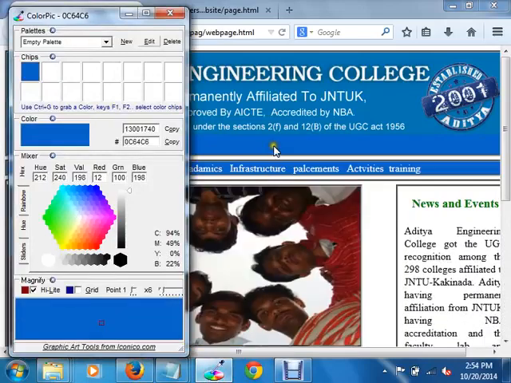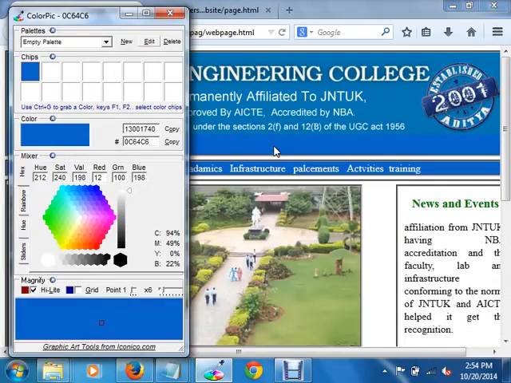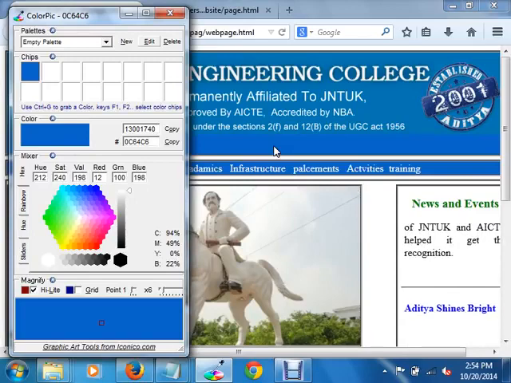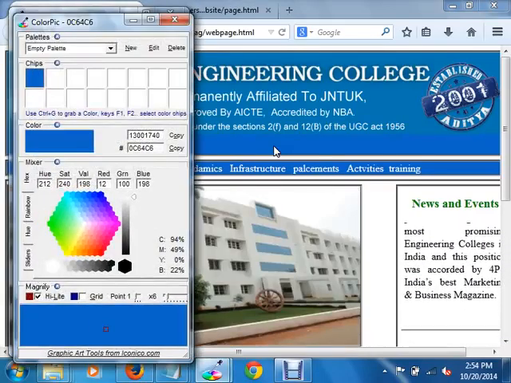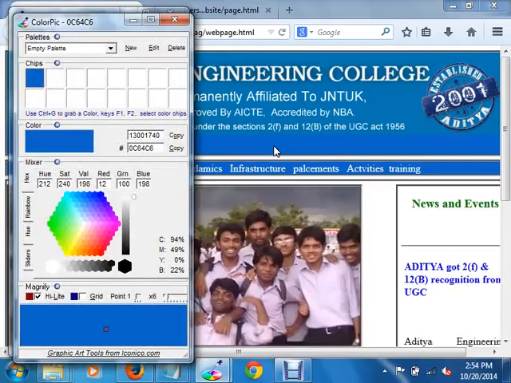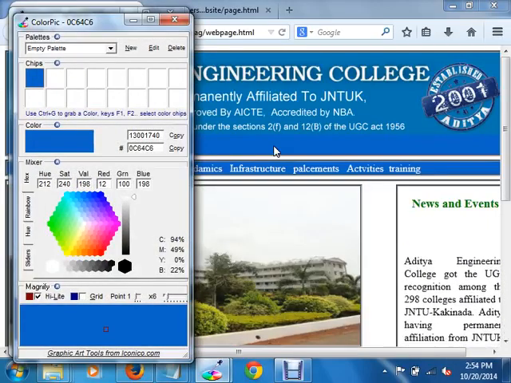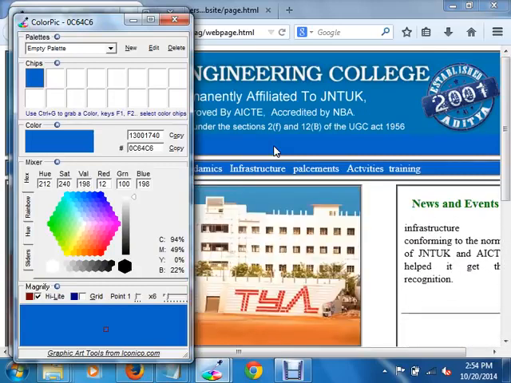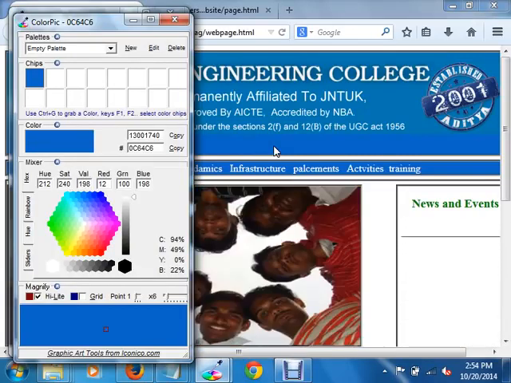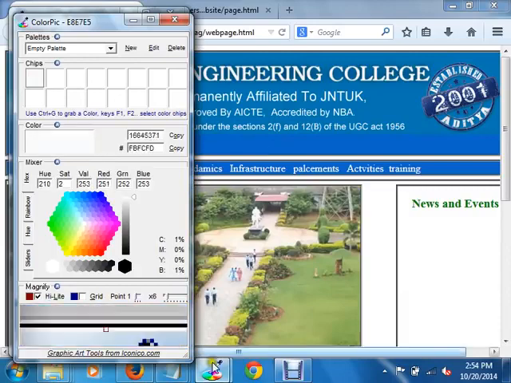If you put the arrow here, it is showing the different HSL values, RGB values and the hexadecimal values for that particular color where the cursor is pointing. Now make a note of this. For this color, the red value is 12, the green value is 100 and the blue value is 198. Okay? Red is 12, green is 100 and the blue is 198.